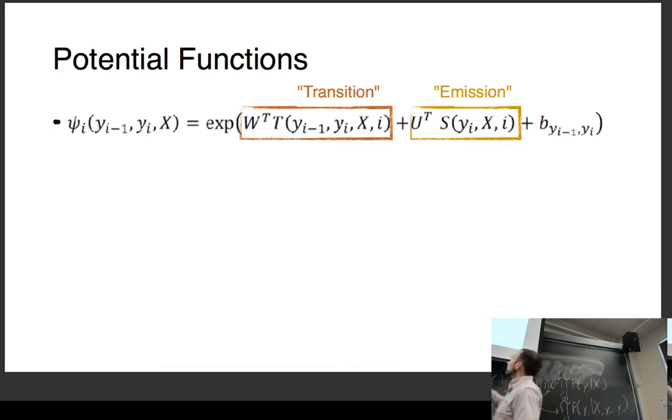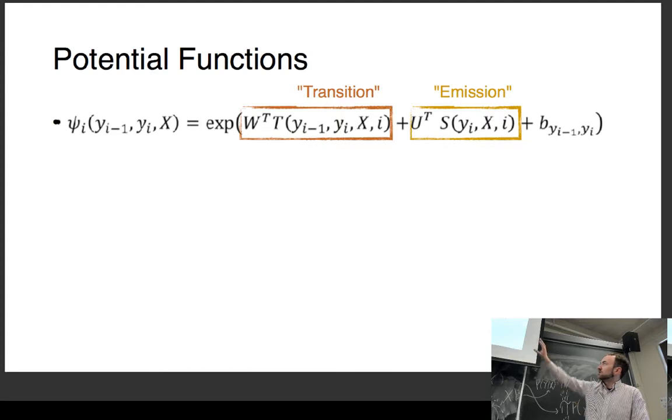The transition score is the score that we can use to calculate how likely two neighboring tags are to co-occur with each other. And the emission score here is just how likely this tag is to appear in this sequence, or according to this input. You'll note here that the emission score is basically this independent thing. So when we turn it into a CRF, we're basically just adding another element that we can additionally use to score based on the interaction between these.